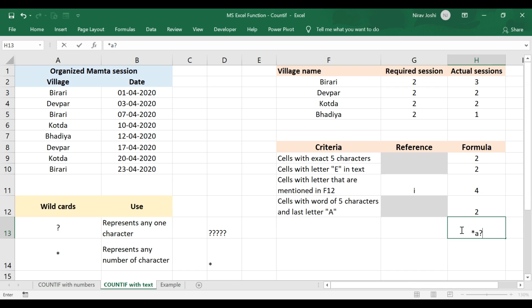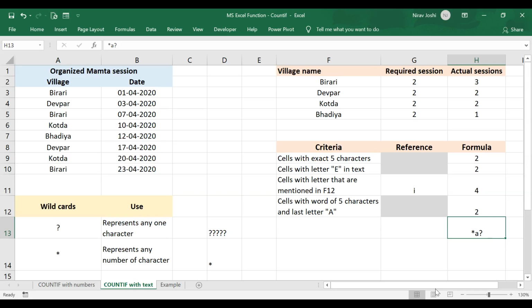So it would be like this criteria where the number of letters before we do not know, or it can be any. A should be there, but after A there should be only one letter. So this kind of criteria can be prepared as per your likeness and requirement.